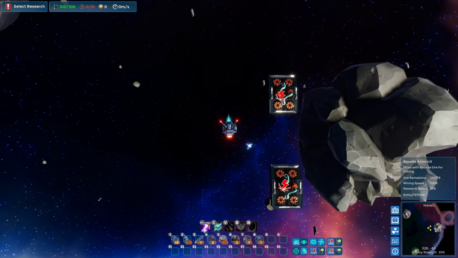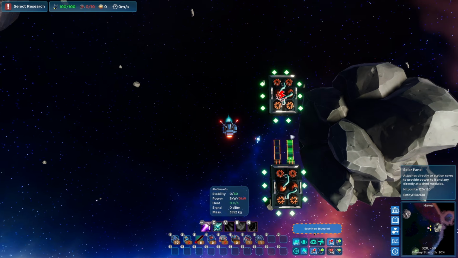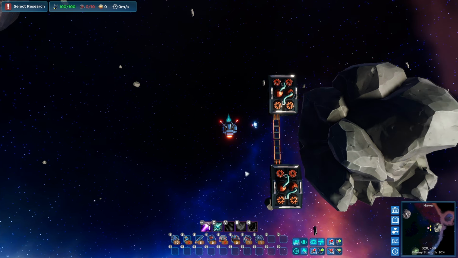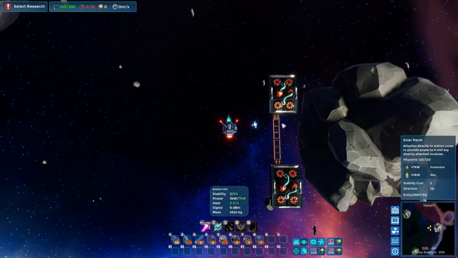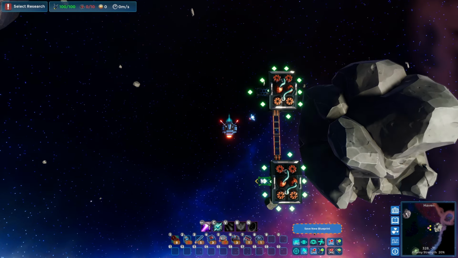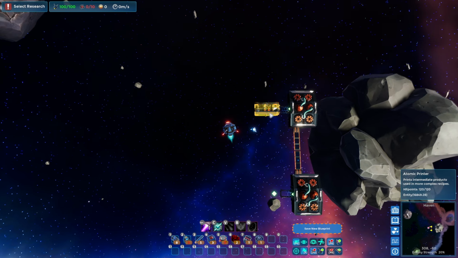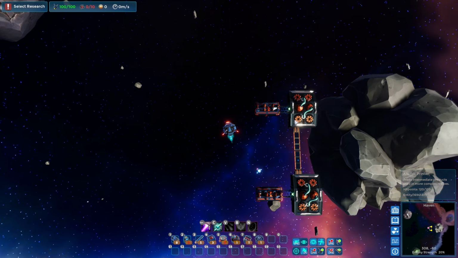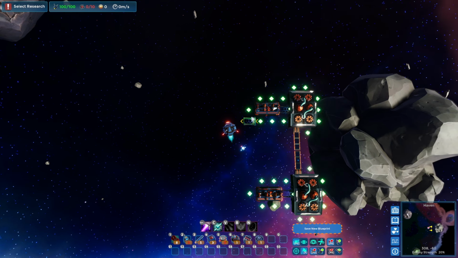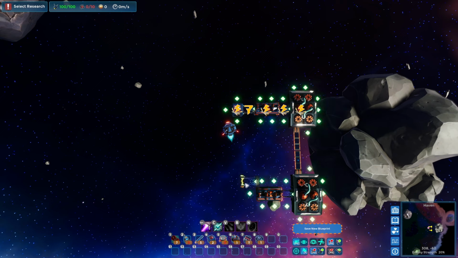At the moment we need power, so this is where our trusty solar panels come in. And the power is spread across all connected items. These aren't connected, but we can now send our resources down the line to a printer. And from here, we can then send the items onwards to storage or perhaps to an assembler, which we'll get